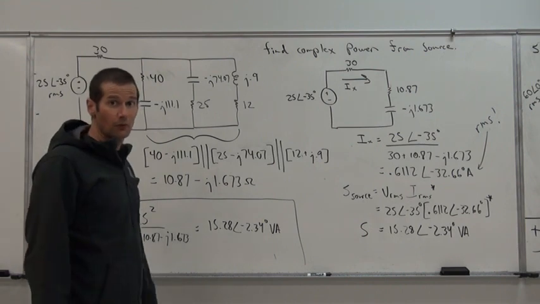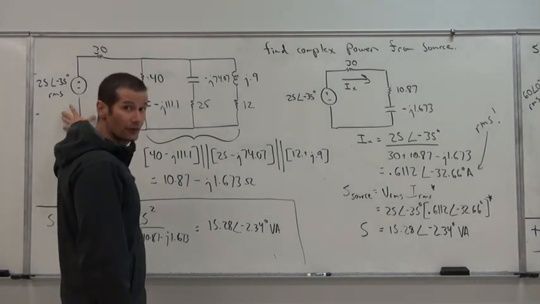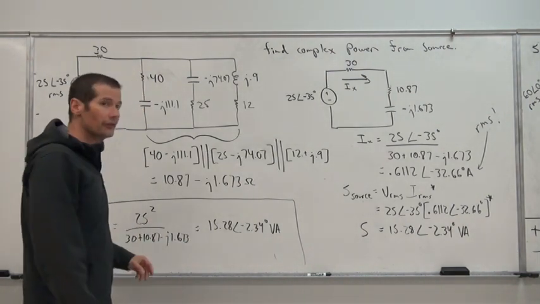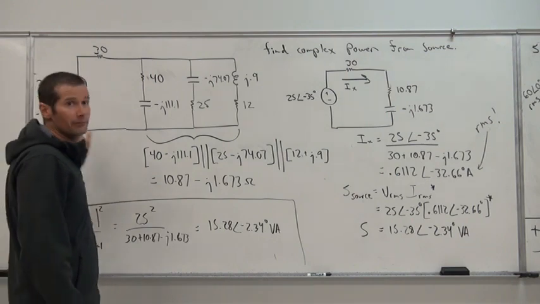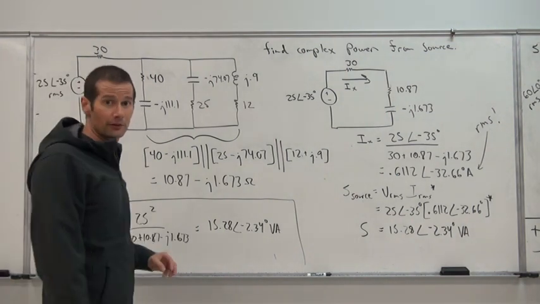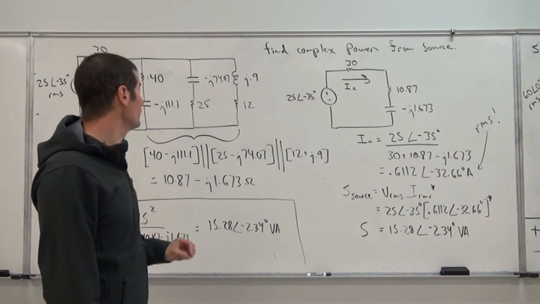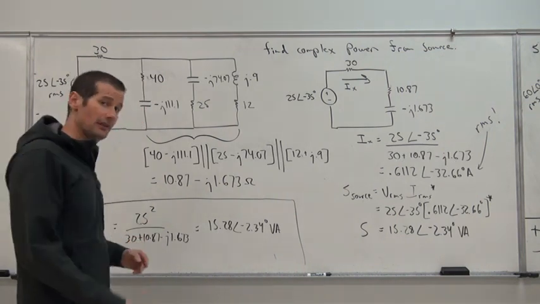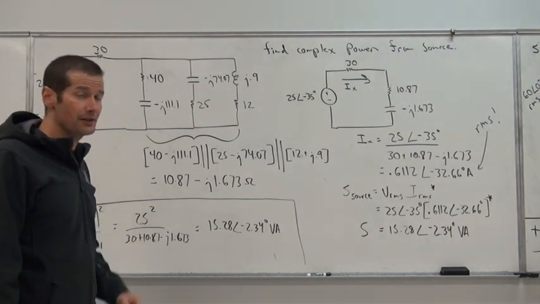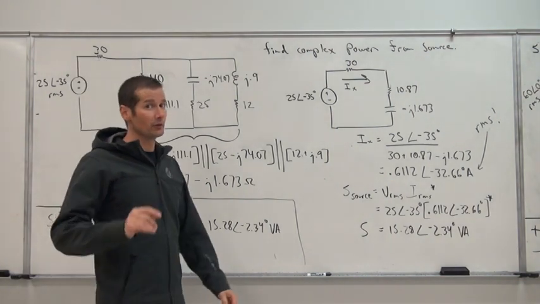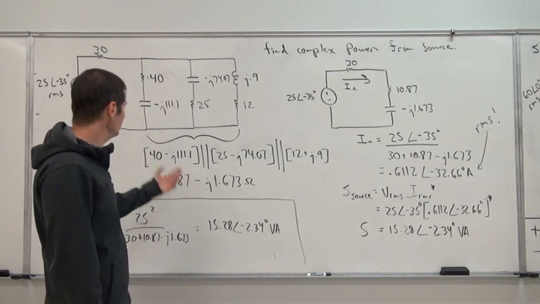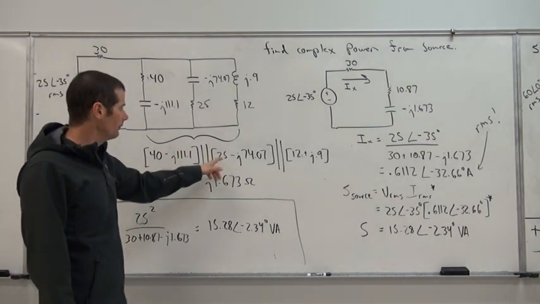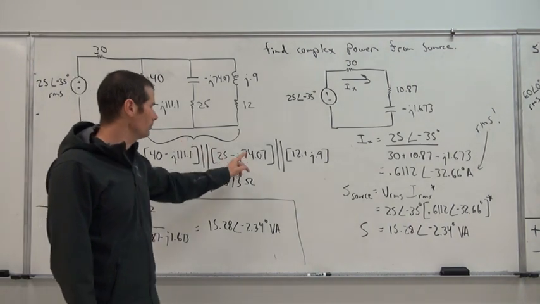So once again, if we want to look at the power supplied by the source, now this is RMS, just in the same way that one was RMS. It allows us ease of calculation, and also these are based off the lab volt machines, where everything that we're utilizing is also in terms of RMS. But in order for us to find the complex power being supplied by the source, we need to find the current first. But we're also going to see that we sometimes don't even need the current in order to find that complex power. So all we do is take 40 minus J 111.1 in parallel with 25 minus J 74.07,